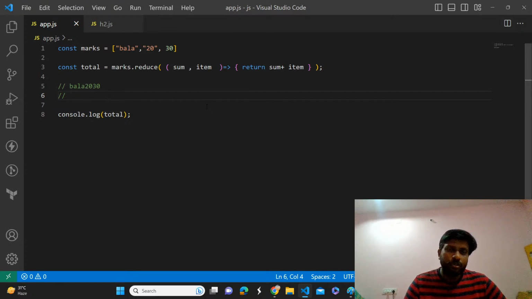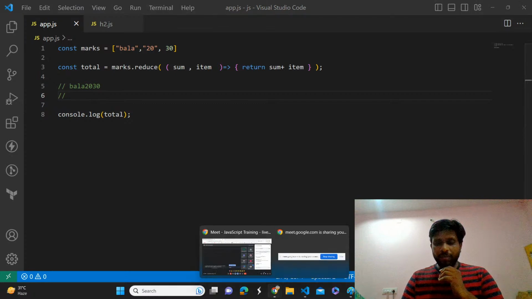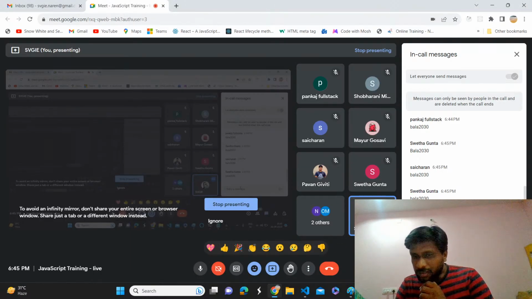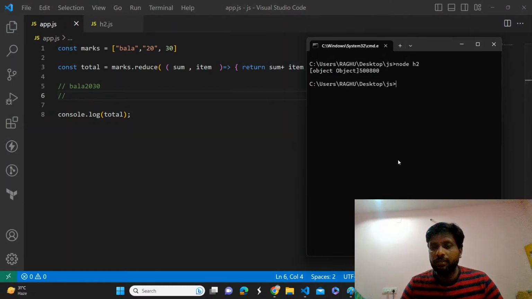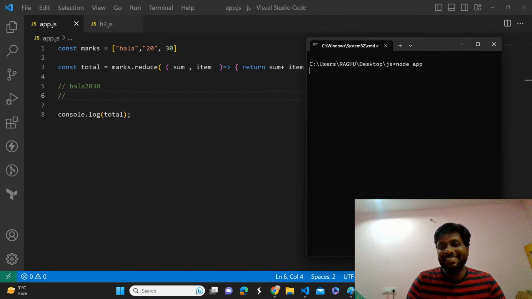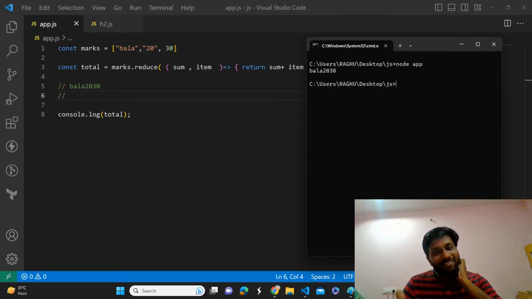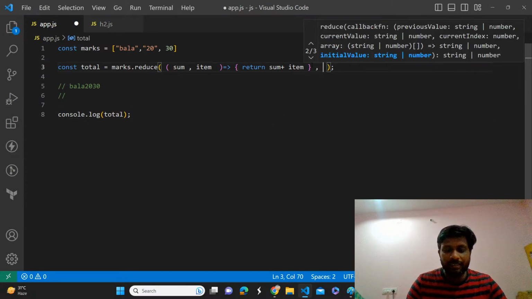Or do you also stick to Bala 2030? Same, sir. Sure? Yes, sir. Okay, I think most of the people have given an answer. Very good. Let me execute that. Sorry, I have executed the wrong file. Yeah, it's Bala 2030. So if I give an initial value as